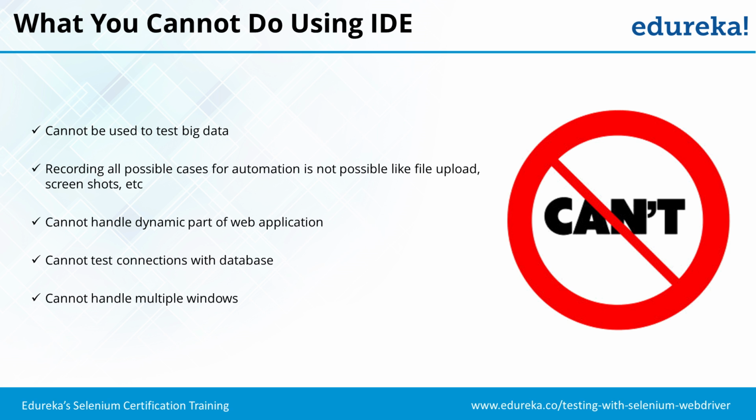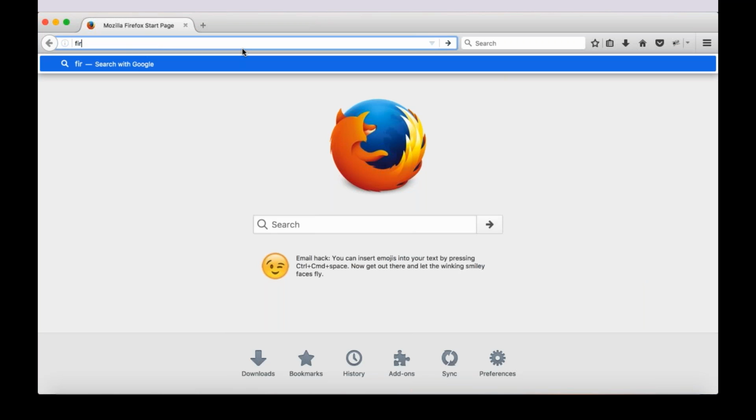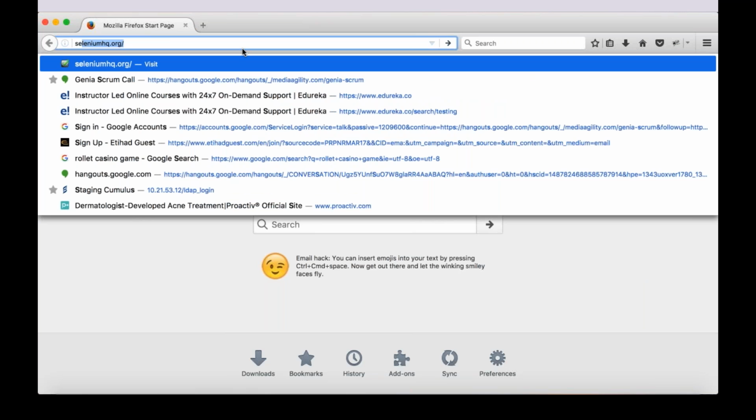Okay. So now let us have a hands-on session with Selenium IDE and try to automate one of the websites, which is a static website, as this tool deals with static pages. So let's talk about the practical aspects of Selenium IDE. So this is the Firefox. This is my Firefox browser, and over here, if I want to add Selenium IDE,